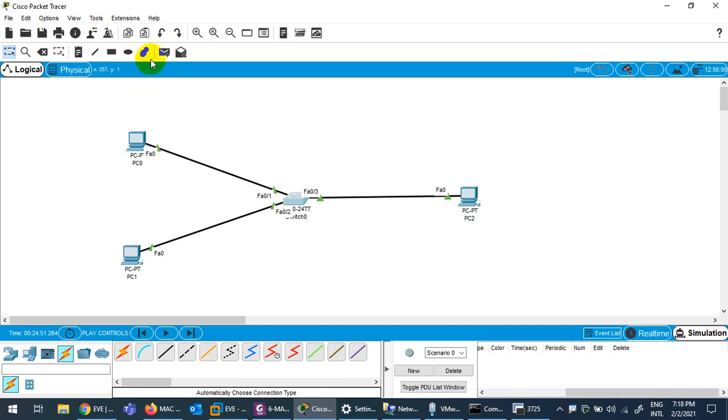The same thing is done by these PCs. If they want to communicate with this PC, this packet first time will go to this PC as well. Let me send the packet. You know, first time the packet came here, but next time it will be a unicast packet. Look at it.